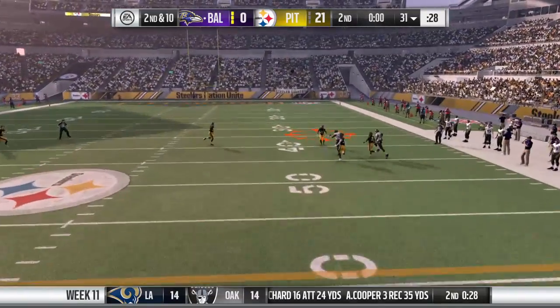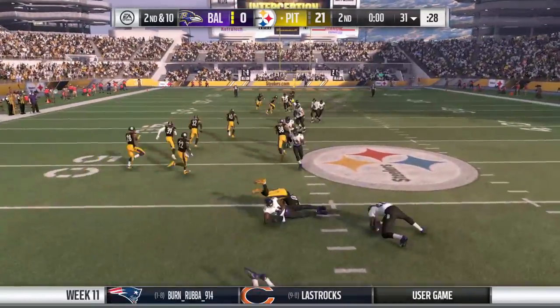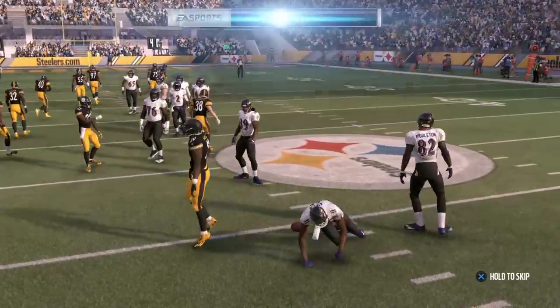He's going to air one out. The ball popped in the air and intercepted. Picked off by Prince Amukamara. And he will be brought down as...